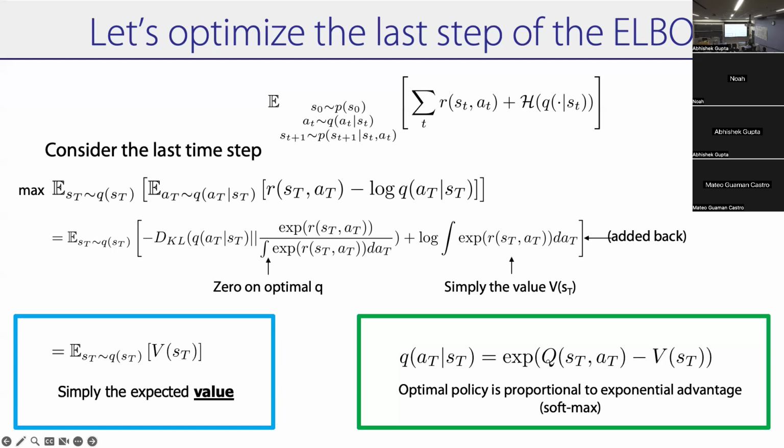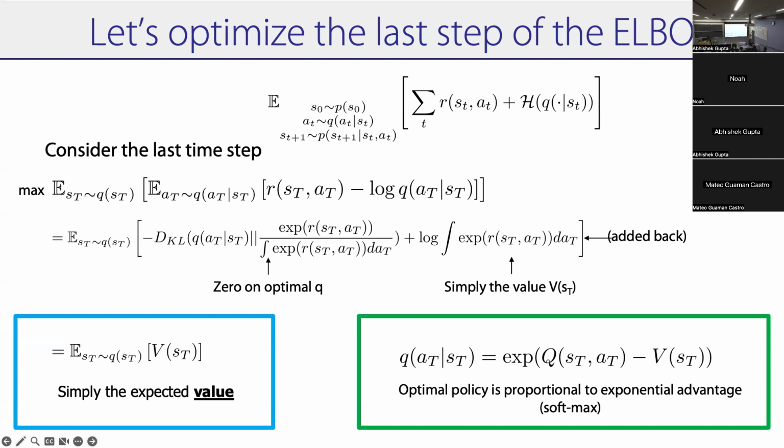Right? That's just like the way you do it in LQR, for instance. This would be a quadratic, right? You substitute in the optimal action and you would get the last time step to be a quadratic, or in that case, it would be 0 perhaps. So the point here is that at the last time step, we found out what the optimal action was, x q minus v, or x bar divided by integral x bar, and we found out that the value is going to be the expected value function, where value function is defined as log integral x bar. Right? So this is all we need to remember at the last time step.